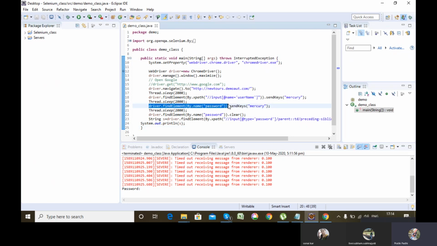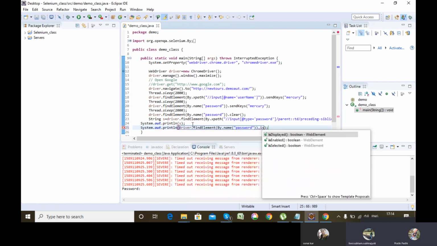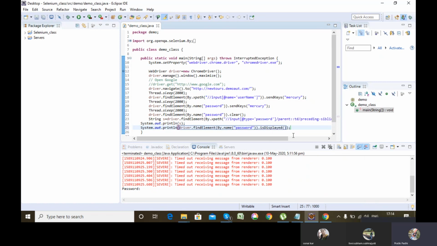Let's see what is written for isDisplayed. Remember, isDisplayed can be either true or false, so its return type will always be boolean, because true and false is always boolean in Java. See, here also it is prompting me that the return type will be boolean. Got my point? Yes, sir. So let's see whether it returns true or false for me.